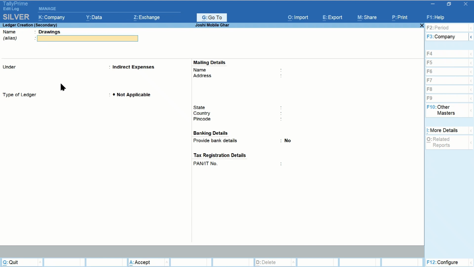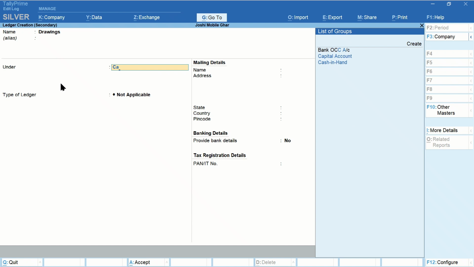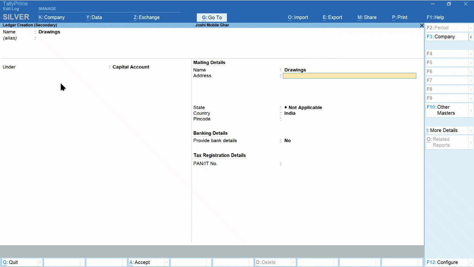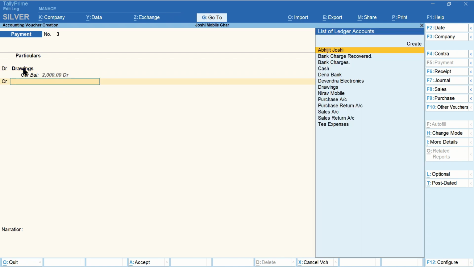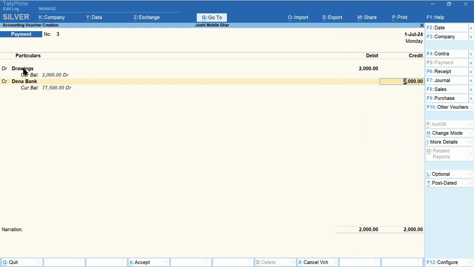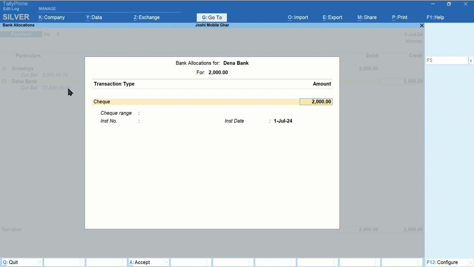So drawings will be capital account, and I will accept it. So the money withdrawn was 2000, debit drawings and credit Dena Bank. We will accept the voucher,